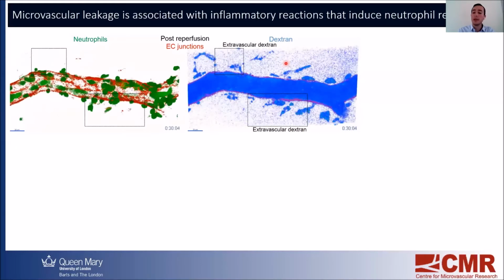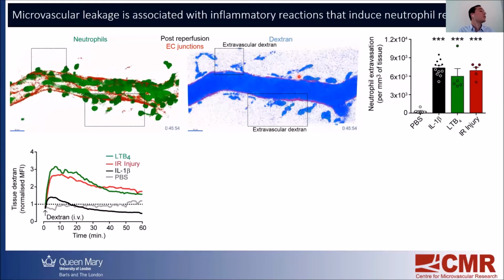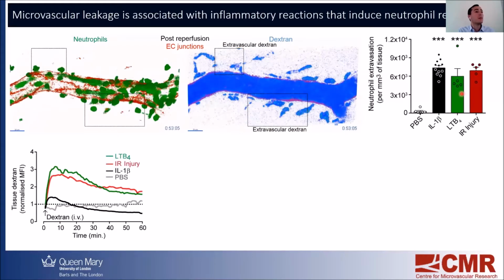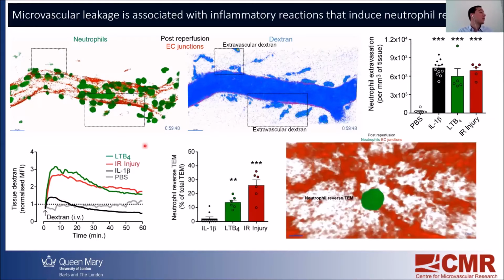cells, mainly macrophages. So we analyzed in parallel the two responses in different inflammatory scenarios: IL-1 beta, LTB4, and IR injury. Whilst these three reactions exhibit similar levels of neutrophil extravasation, they exhibit different levels of vascular leakage response, with LTB4 and IR injury showing vascular leakage, whilst IL-1 beta shows very minor or very low leakage. Interestingly, we found that the reactions associated with vascular leakage, LTB4 and IR injury, were associated with an aberrant mode of